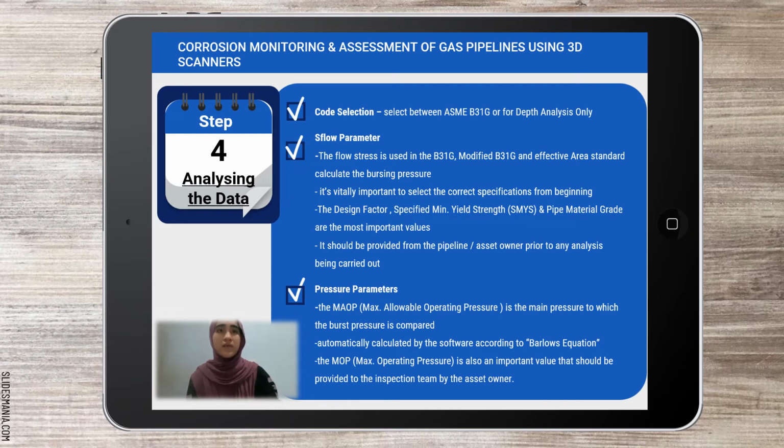Second is the SMYS parameter. The flow stress is used in the P31G, modified P31G, and effective area standards to calculate the bursting pressure. It's vitally important to select the correct specification from the beginning. The design factor, specified minimum yield strength (SMYS), and pipe material grade are the most important values. They should be provided by the pipeline or asset owner prior to any